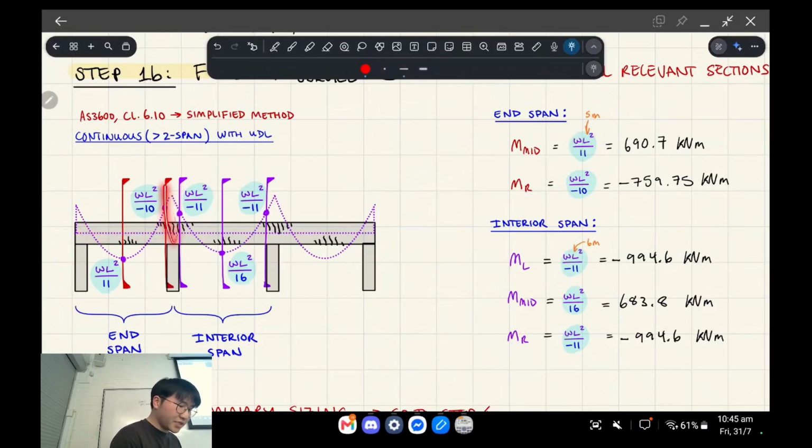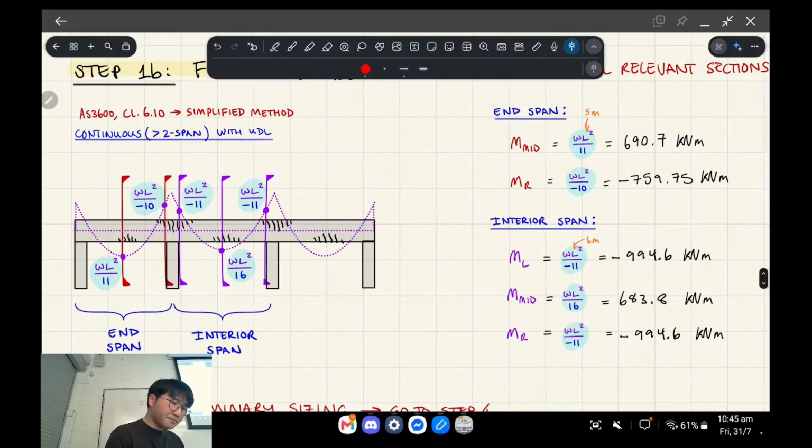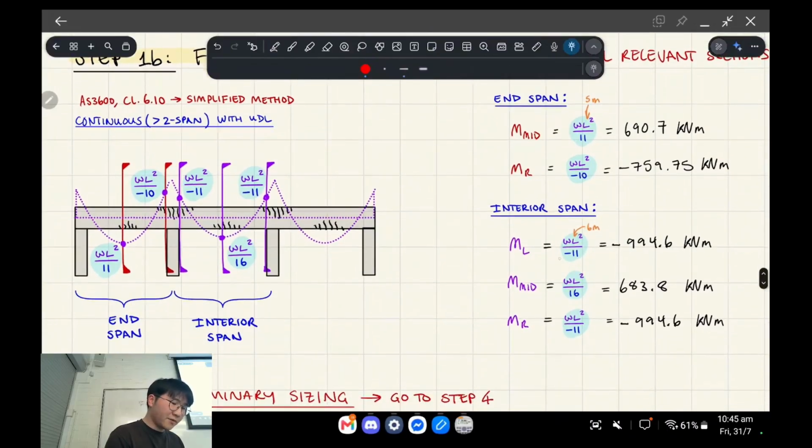And for the continuous moment, sorry, the moment at the support for the end span, make sure it's a negative number, because you'll get a negative bending moment at that location, right? And then for the interior span,